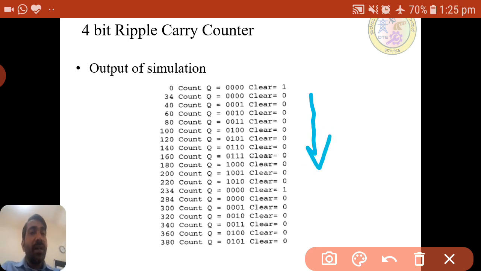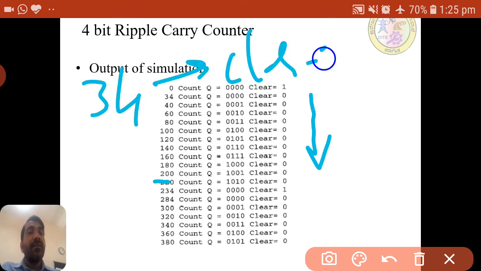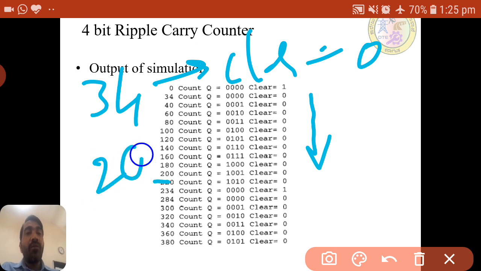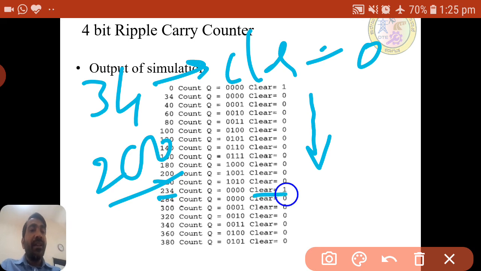After 200, so 34 plus 200, at 234, you can observe here again the clear is 1. At 234, clear is 1, and again the output is 0.